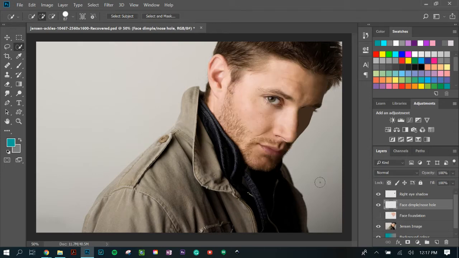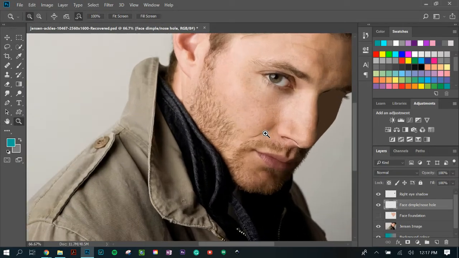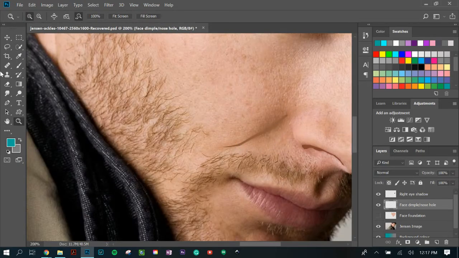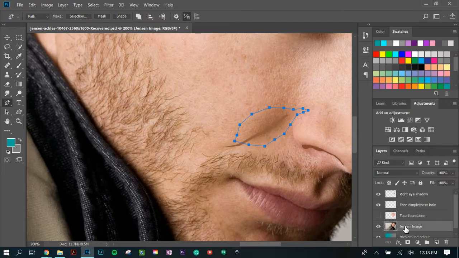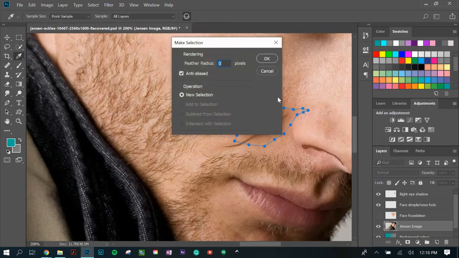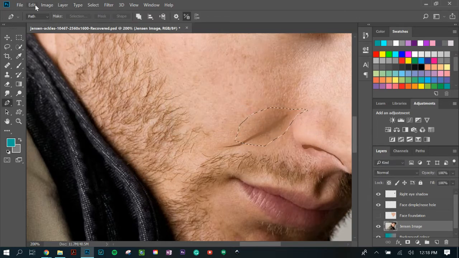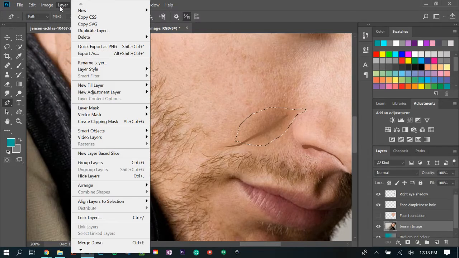So now what I'm going to do is zoom in and see this shadow here. I'm actually going to outline the shadow going on here to show a bit more of his creases and face, the darkening areas of the face. I might just go a little bit up there, make it a bit sharper. Cool. Make sure you're on the actual layer when you're doing this. Now I'm going to make a selection, go OK, and then I'm going to copy, make a new layer